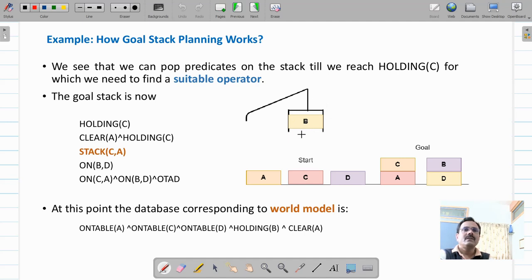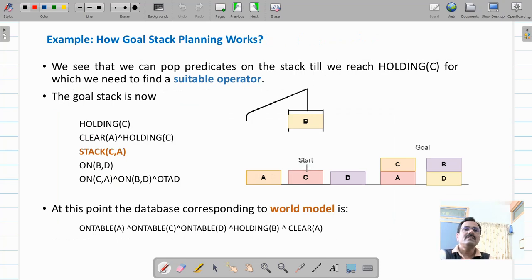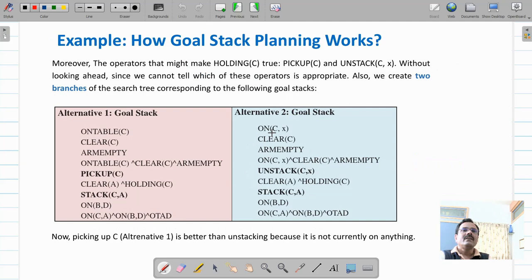So first we will have to make this arm empty. If you select the second option, unstack CX, initially it looks easy to achieve because C is on the table and the top of C is clear. So if you perform the unstack operation, that is easier and that will lead to the final goal state easily. But if you perform this unstack CX, then the preconditions are